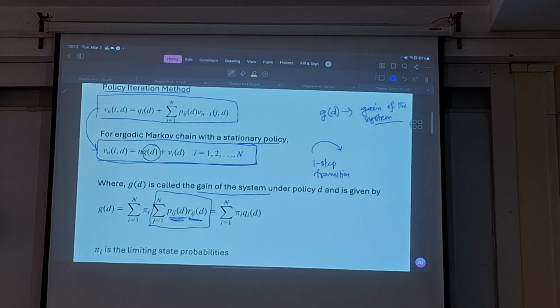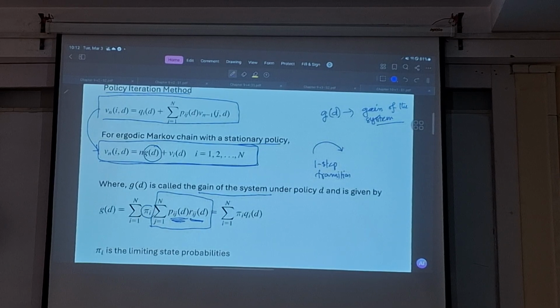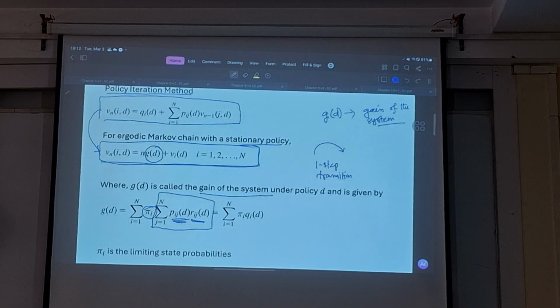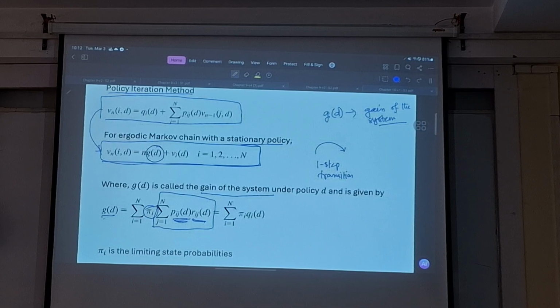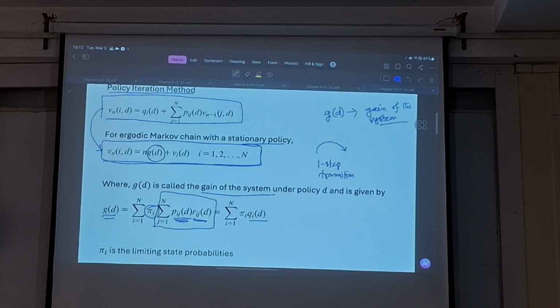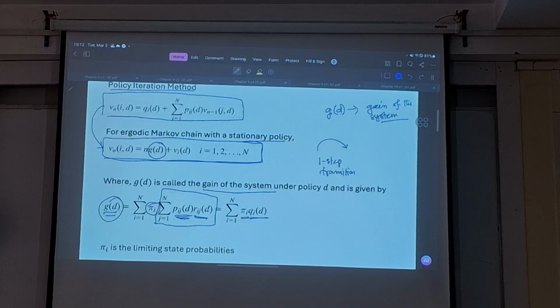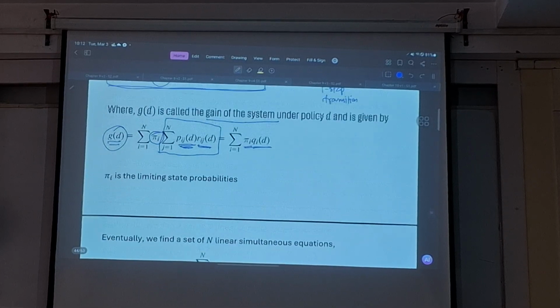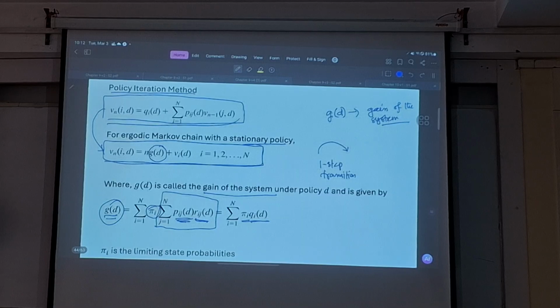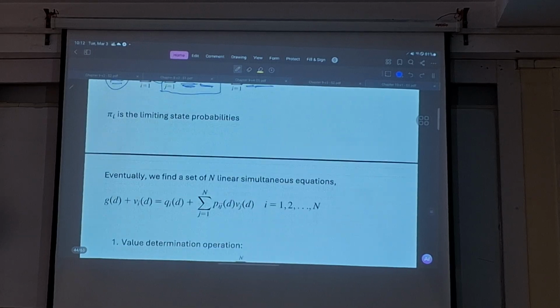Now this is further multiplied with the long-term probability vector, and then we get the value of G. So G is the sum of q_i multiplied by pi_i. Once we have G, then the policy iteration method becomes a